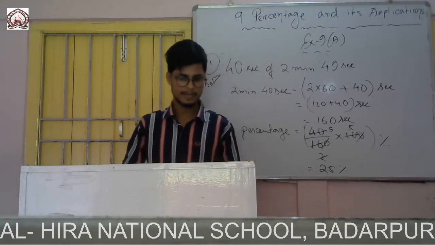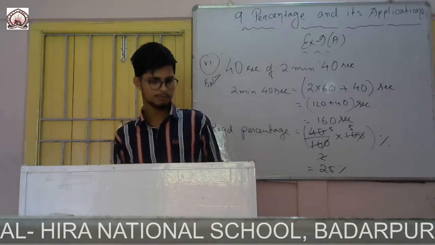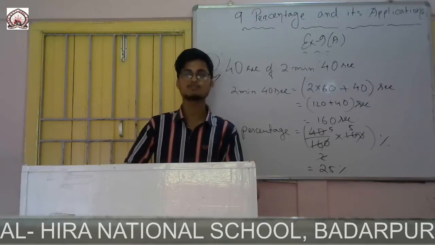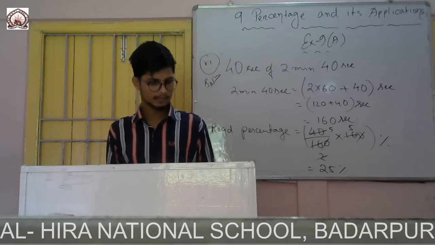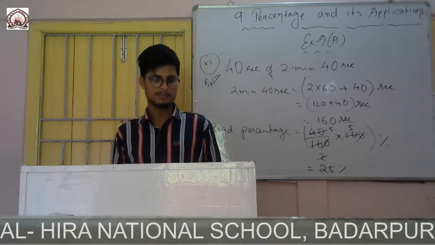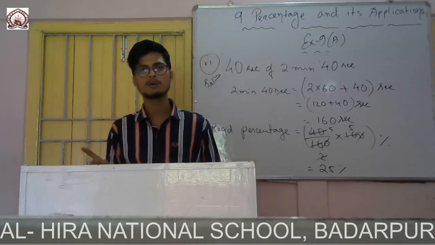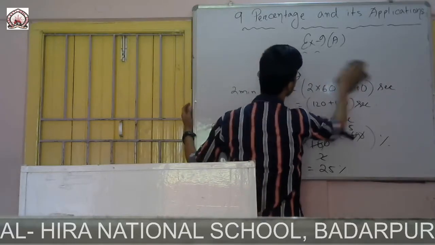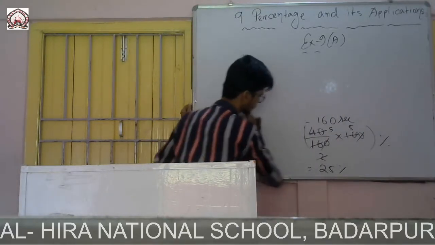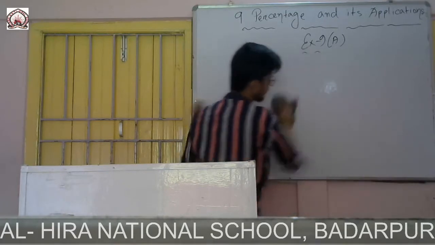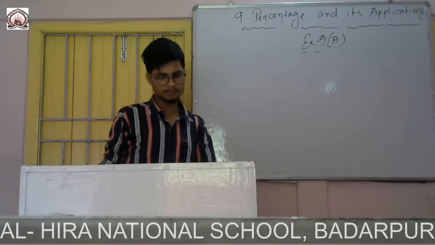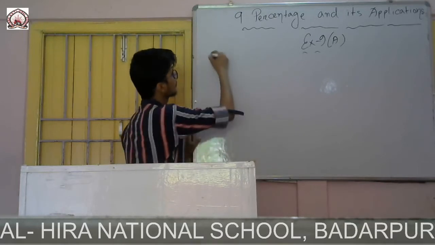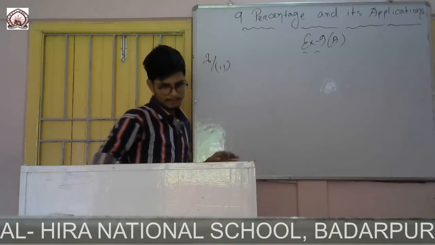Now question number 8. Find the number whose, so both Roman 1 and Roman 2 are the same. So I am doing this Roman number 2. 16 2 by 3% is 3. You have to find the number whose 16 2 by 3% is equal to 3. Roman number 1 is also the same, but in Roman 2 a fraction is given, that's why I am doing this one. But the same way you have to do Roman number 1.